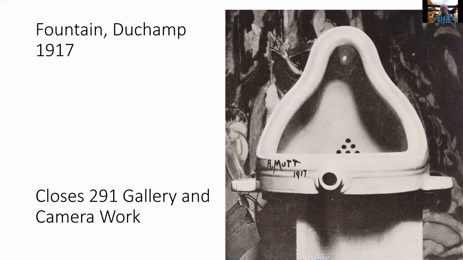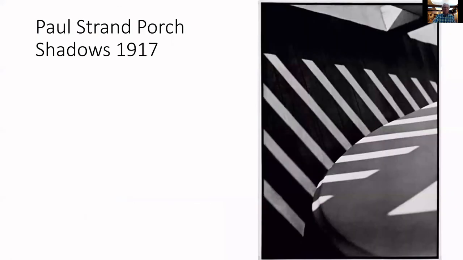Well, money is an issue. His wife's fortune was connected with the brewing industry. And during the war, they start controlling foodstuff and start limiting the amount of alcohol that's in beer. So beer sales fall off like crazy. And his main source of income, or his wife's income, falls off. So he has to close the gallery and stop producing camera work and use that money to help his own family, rather than having all this outside stuff.